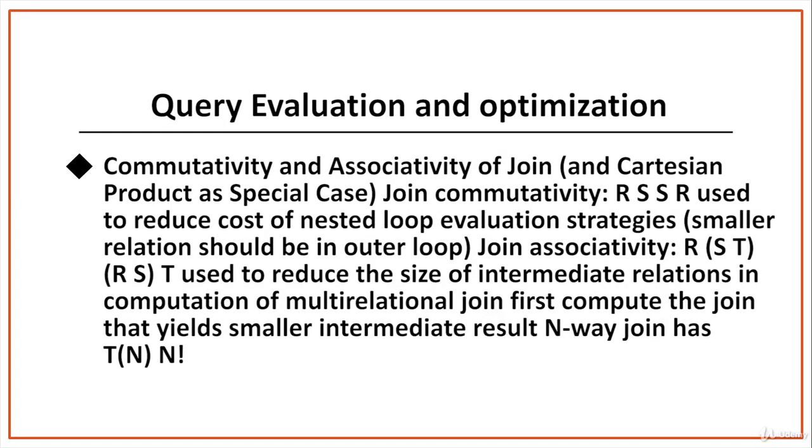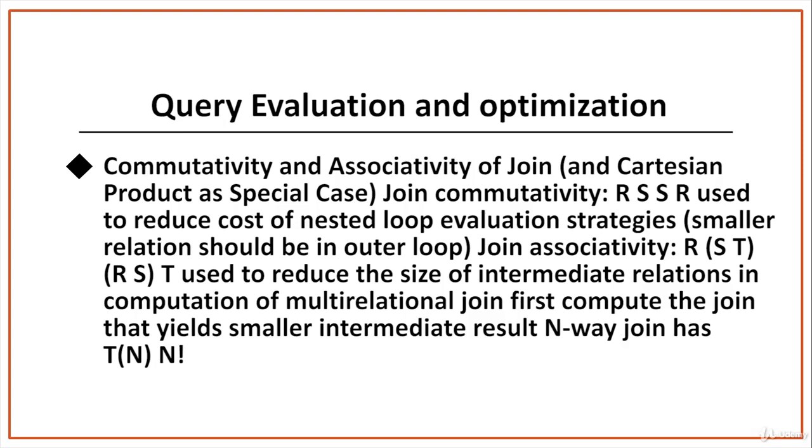Commutativity and associativity of join, and Cartesian product as a special case. Join commutativity, R join S equals S join R, is used to reduce the cost of nested loop evaluation strategies. Smaller relations should be in the outer loop. Join associativity, R join S join T,